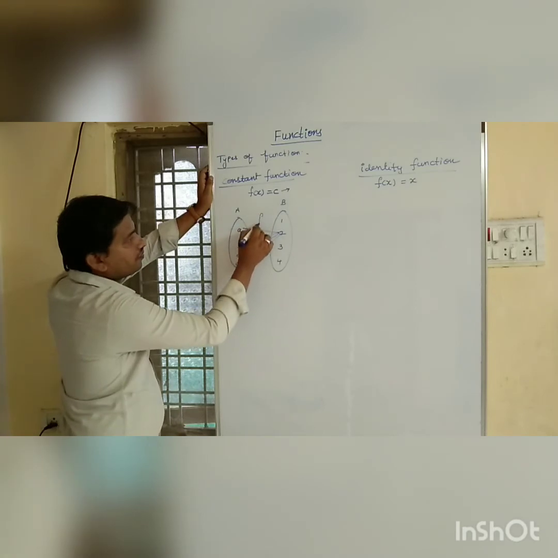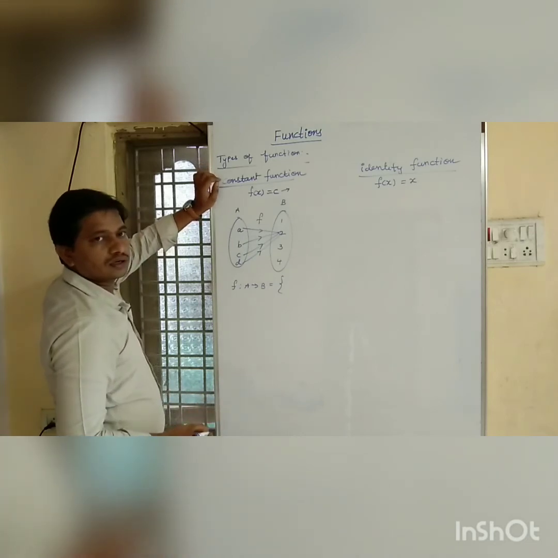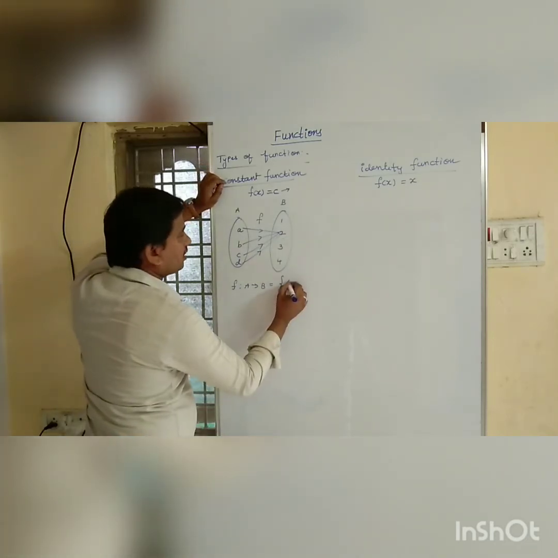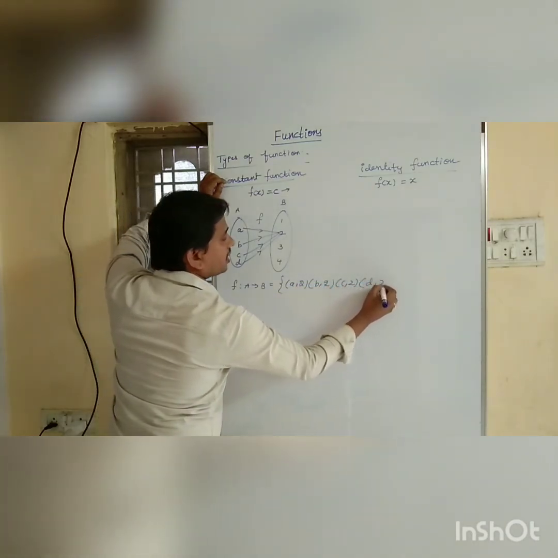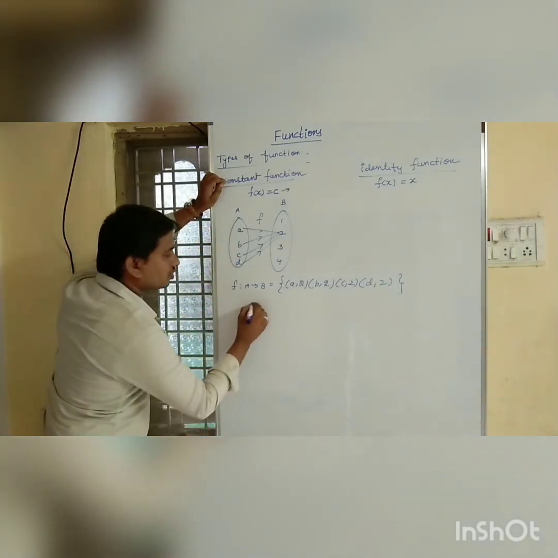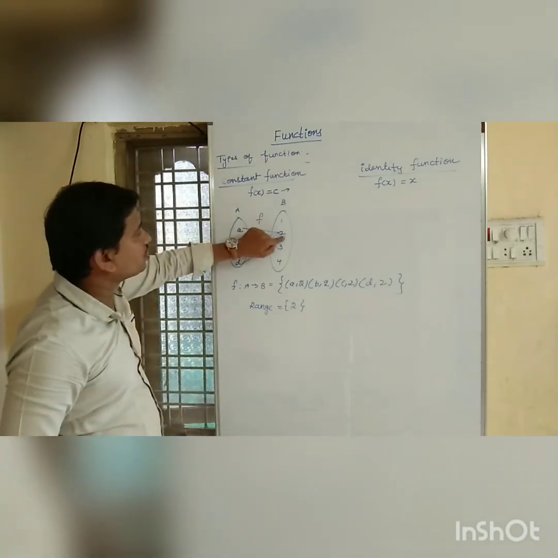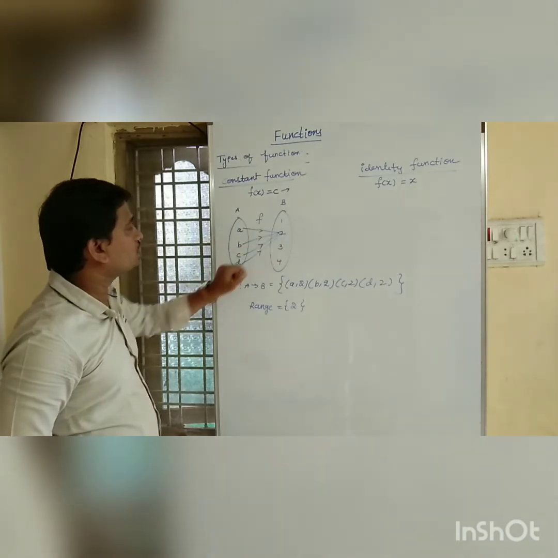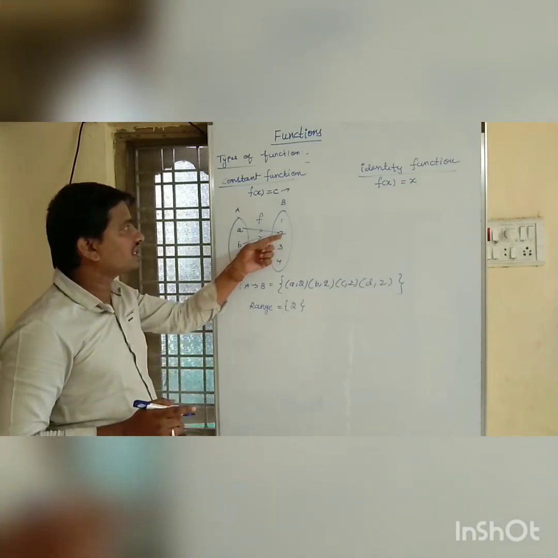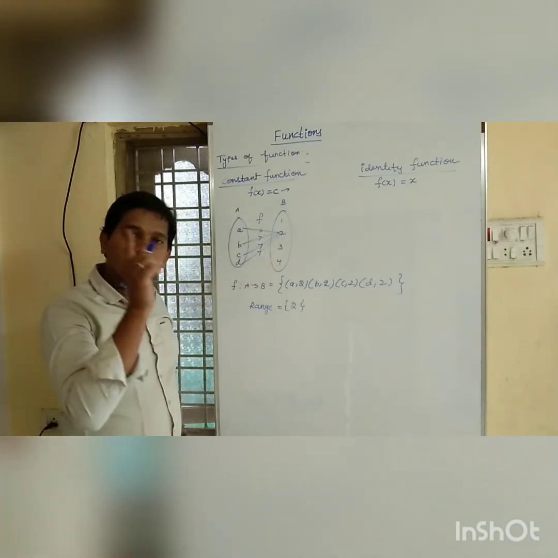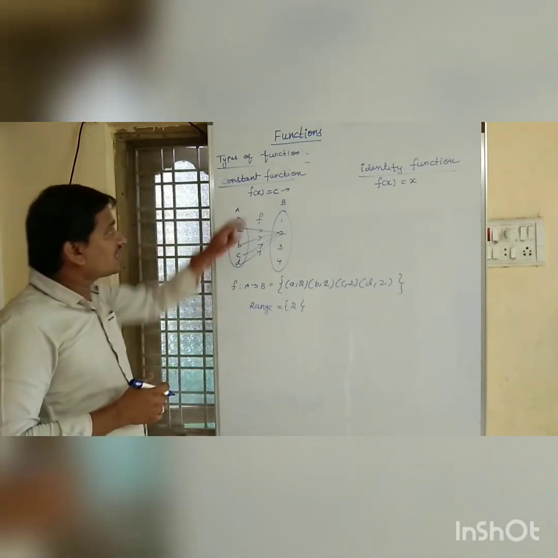So what is the relation F? F is a relation from A to B, that is, what is the range here? I mean (A, 2), (B, 2), (C, 2) and (D, 2). So here range is equal to only 2. Always A is mapping with 2, B is mapping with 2, C is mapping with 2 and D is mapping with 2 only. Here range is equal to constant, which is here in this case 2. Constant means it takes only one value, right? Its value does not change, right? It remains, it is not changing.